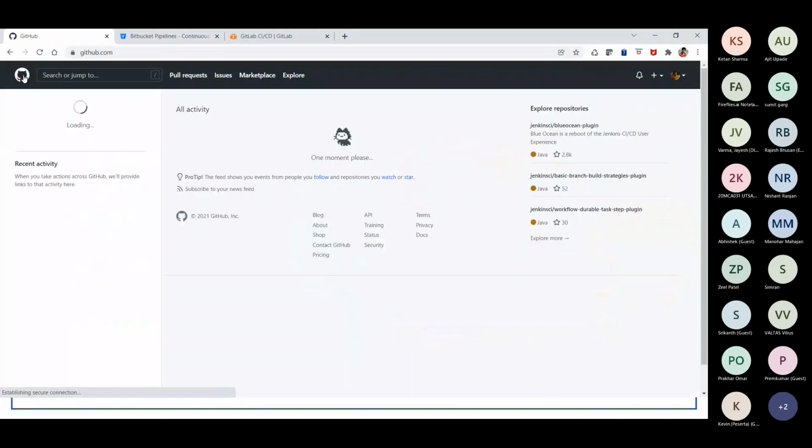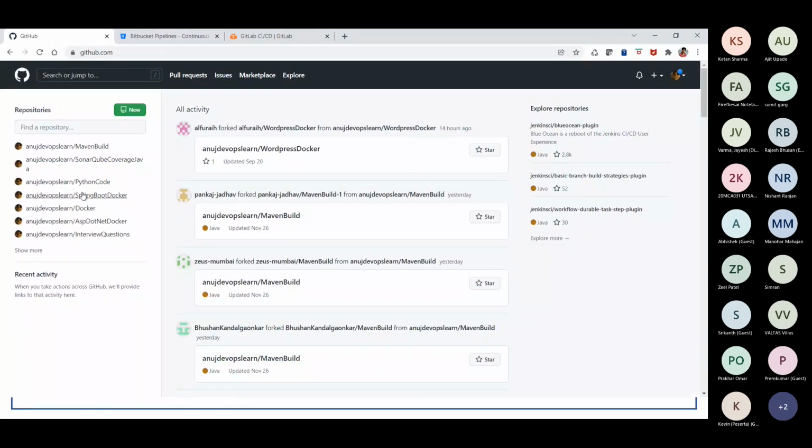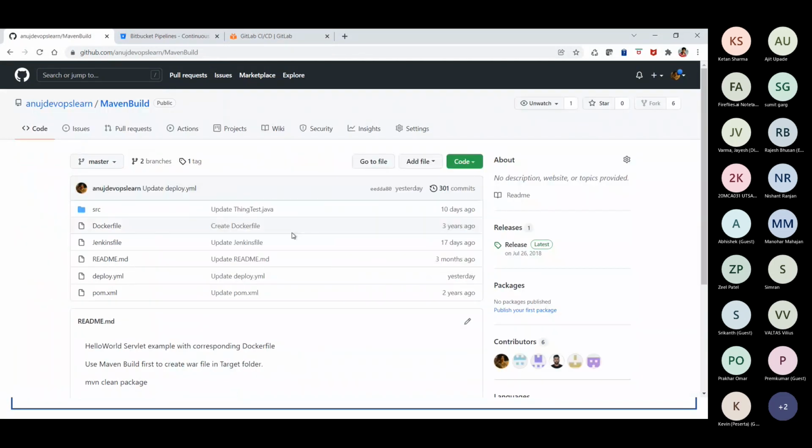Now, in order to use GitHub Actions, all you need is a basic repository. For example, I have a repository here. I'm going to show you a demo of how exactly GitOps happens. I don't have any Jenkins open. I don't have any build server open. I'm not even logged in with my AWS account. All I'm going to do is use this GitHub account to perform all the activities.